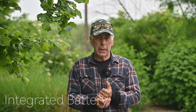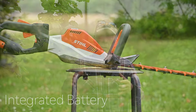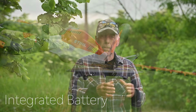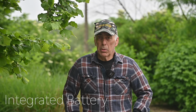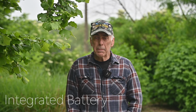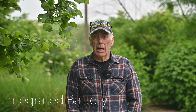The next type is what I call the battery-driven hedge trimmer, the one that has an integrated battery inside the hedge trimmer. So it's a bit the same as the electrical one, but here you are limited in the amount of time you can cut. Most of the time they are adjustable in strokes per minute, and they can come in different lengths of the blade. However, half an hour of cutting might finish it off,